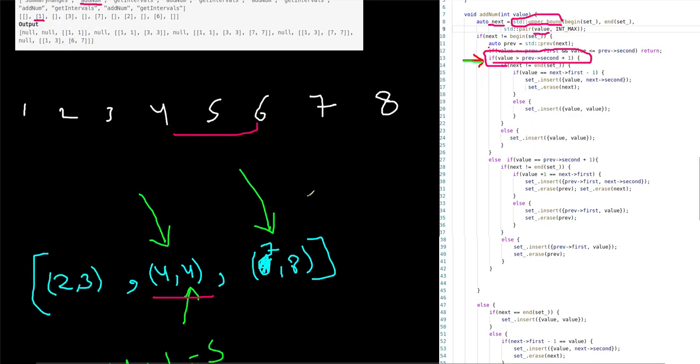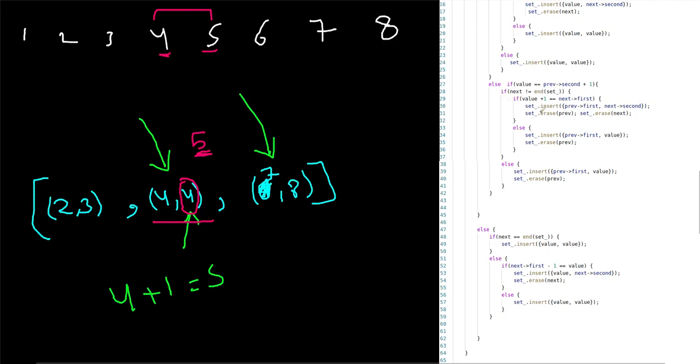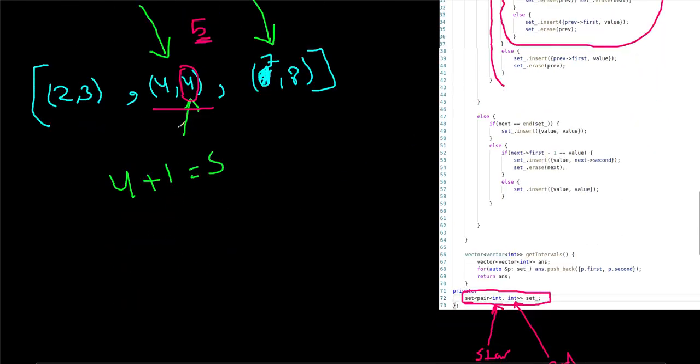But if, for example, we want to add 5 equal 4, which is this second plus 1, then that means we need to merge this into this one, and this is what we are doing here. First we need to check if next is not equal to the end of the set. If it's not equal to the end of the set, we need to check these conditions. If value plus 1 equal next first, and that means assume we have